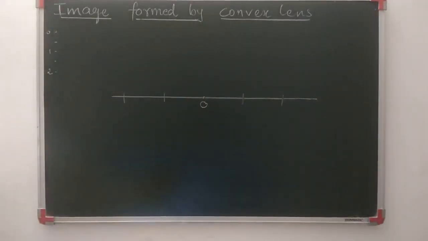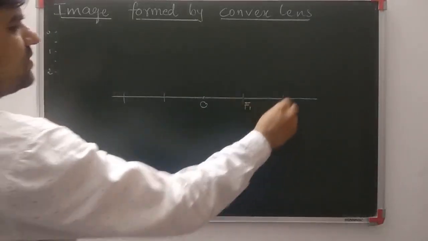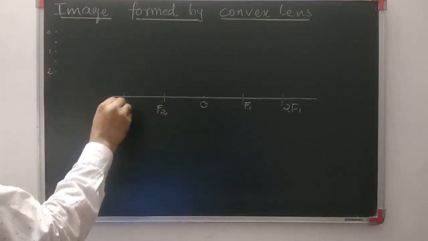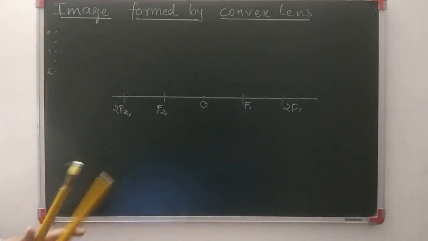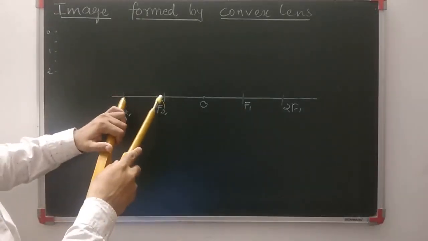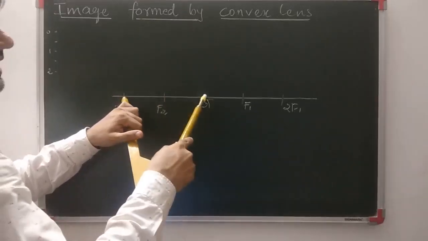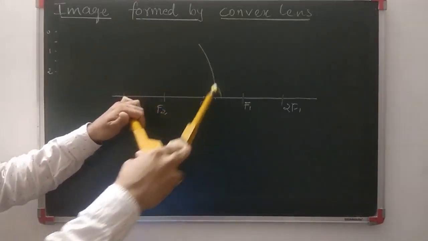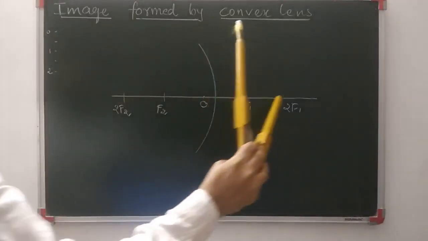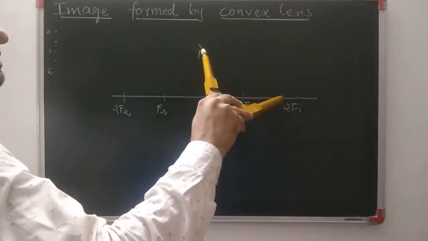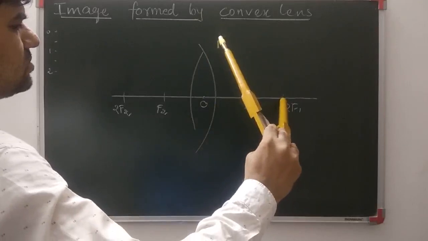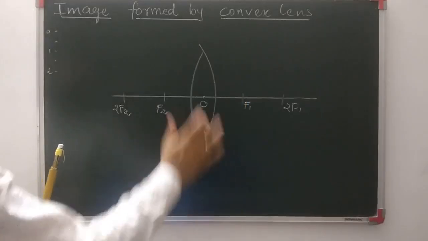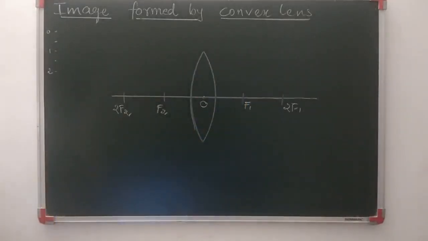Here you can see that this one which we obtained is called focus F1, and this is 2F1, this is F2, and this is 2F2. To draw the lens, let's take the length of the radius from the center to F2, slightly greater than O. Then we'll draw one arc. Now keep the same radius, and from 2F2 draw another arc. Similarly from 2F1 we draw the arc. Now you can see that this is the lens, or we can say the convex lens is obtained.